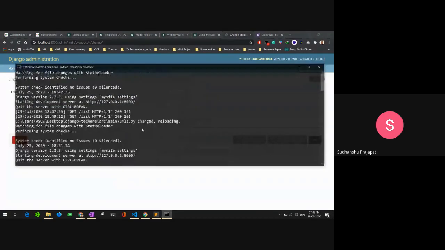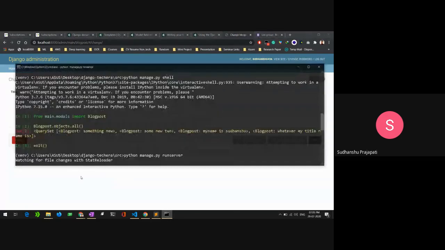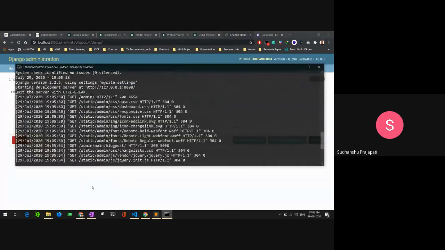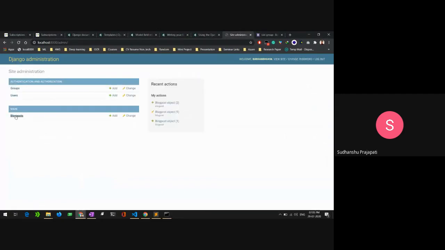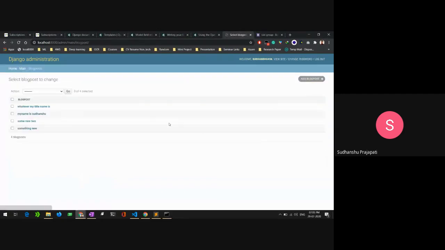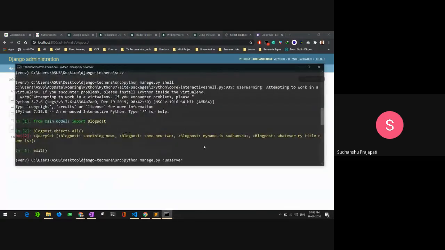So you can either save data from here, from the Django administration, and manage your data from here, or you can also manage your data from the shell.